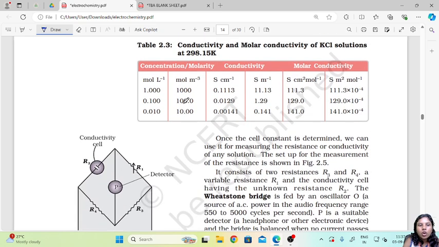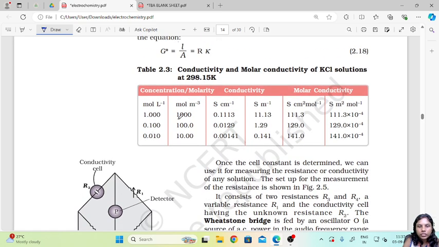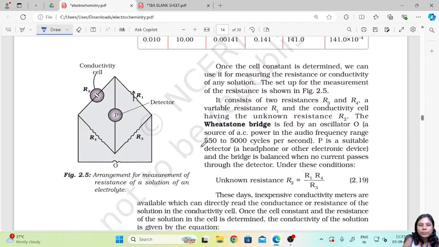So now in this column we have the different concentrations, and we have the respective cell constants that are present. Now once the cell constant is determined, we can use it for measuring the resistance or conductivity of any solution. Now we know the cell constant, our major part is done. Now you can directly go on to find out the resistance or conductivity